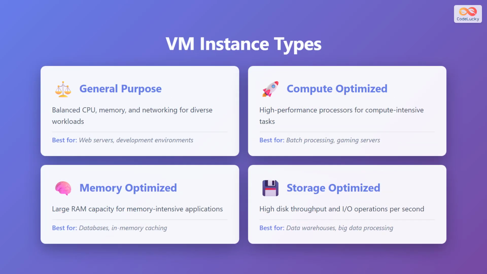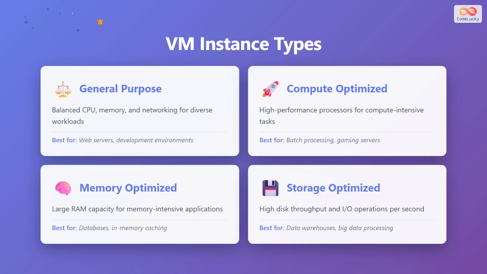Not all workloads are created equal, which is why cloud providers offer different VM instance types optimized for specific use cases. General-purpose instances provide a balanced mix of CPU, memory, and networking, making them perfect for web servers, small databases, and development environments. Compute-optimized instances feature high-performance processors and are ideal for compute-intensive tasks like batch processing, scientific modeling, and